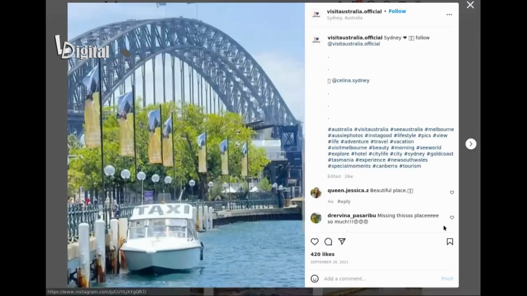Here you can see a post from Visit Australia with corresponding hashtags. Take a look at the variety of hashtags chosen for this image. Hashtags are like the SEO, the search engine optimization, on Instagram. Adding hashtags to your images on Instagram will increase the chances of your posts being found and seen by users